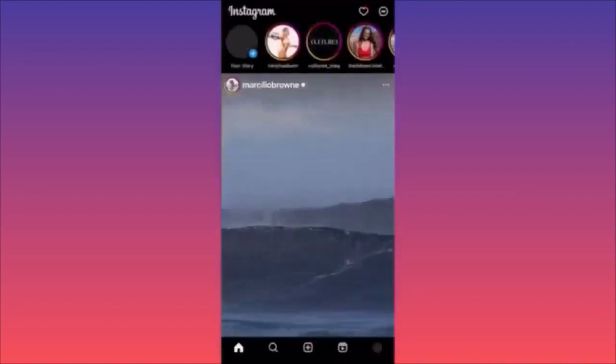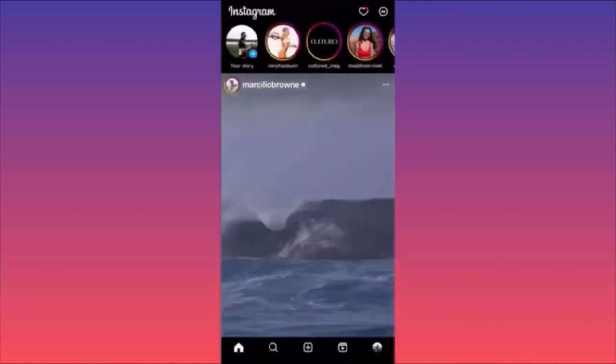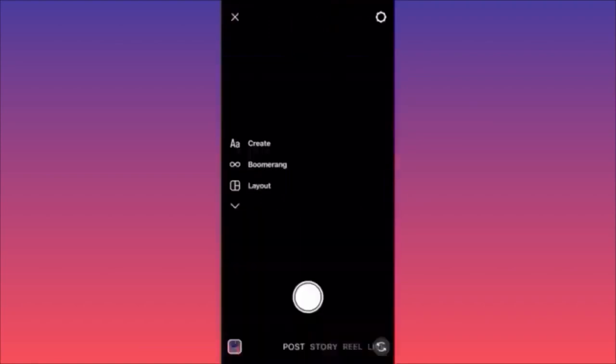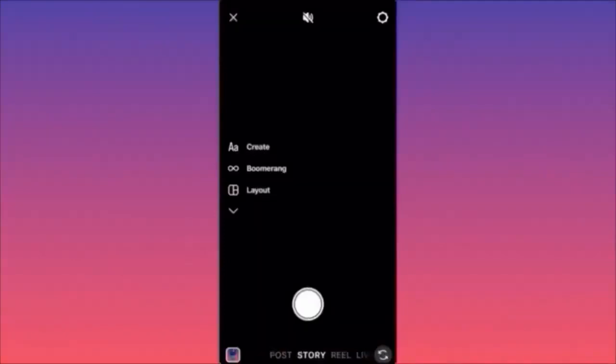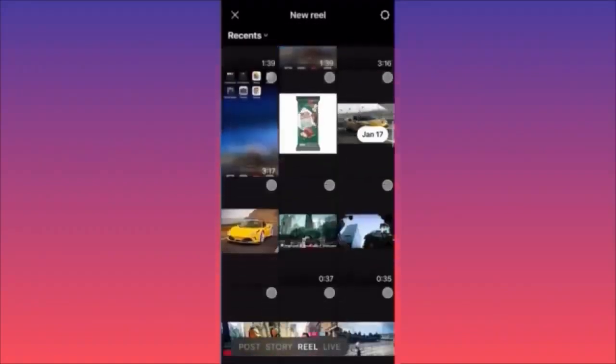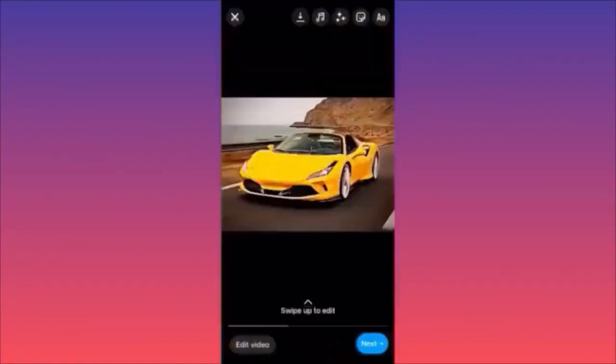Now guys, let's create a brand new post. Click on the lower center of the screen, hit the plus sign. Now let's slide to the side from post to reels. In this example, guys, I'm going to use this image and we're going to create reels out of it. Okay, so the first thing I want you to pay very close attention to is the upper